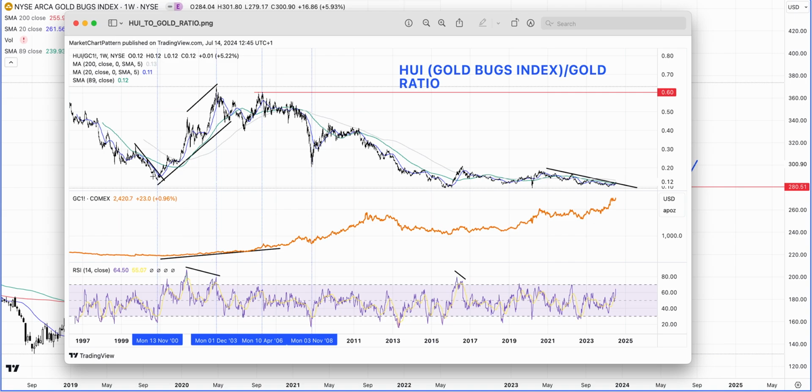And if that is the case and we get a really nice breakout and the moving averages begin to give us the momentum behind this, we could actually see a pretty nice rally coming in these gold mining stocks. Now, not all these gold miner stocks might move really quickly higher, but some of them might do really well.